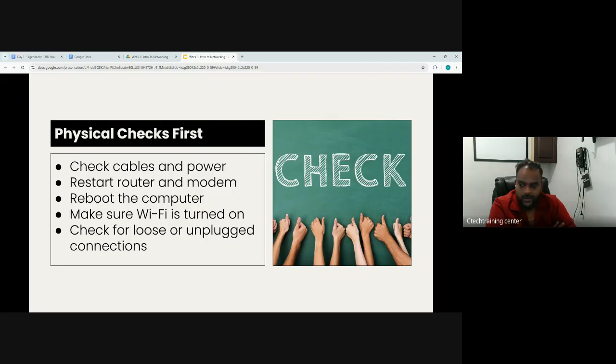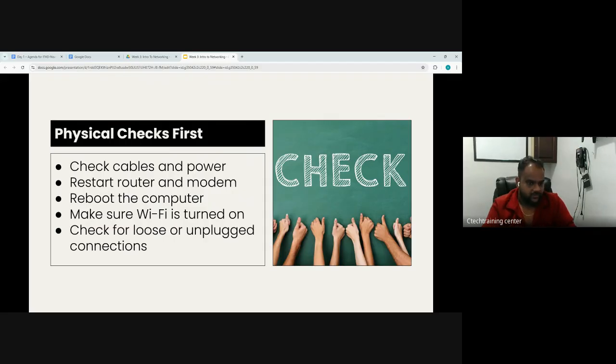When somebody says my Wi-Fi is not working, if you know the model of the computer, try and see if there's actually a switch. A lot of this is not happening now, but slightly engineering laptops or older laptops actually have a switch you can turn the Wi-Fi off with. And the other thing is, when they say I can't see my webcam on my laptop: nowadays corporate computer webcams are coming with a small shutter. If you close it, you can't see anything. So see if the shutter is closed or open. You might be surprised how many people miss that. So it's a physical connection first, right?